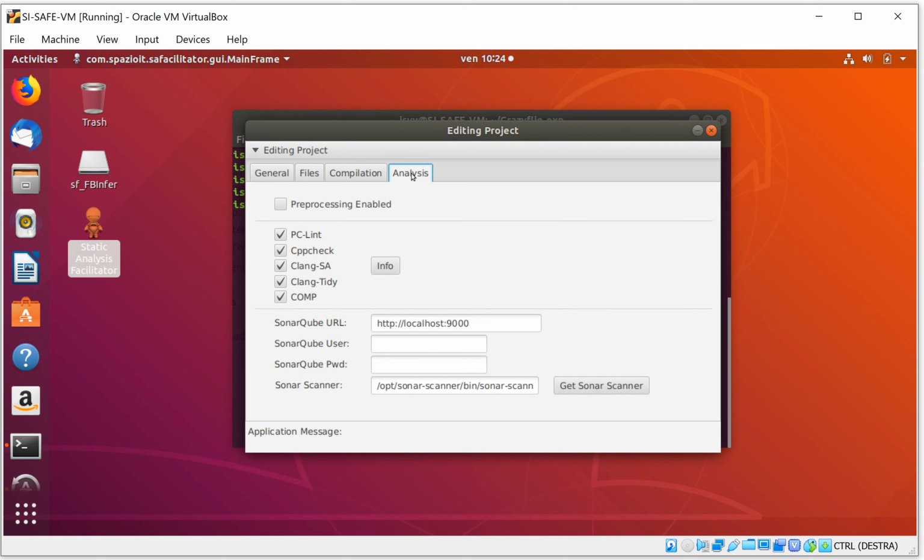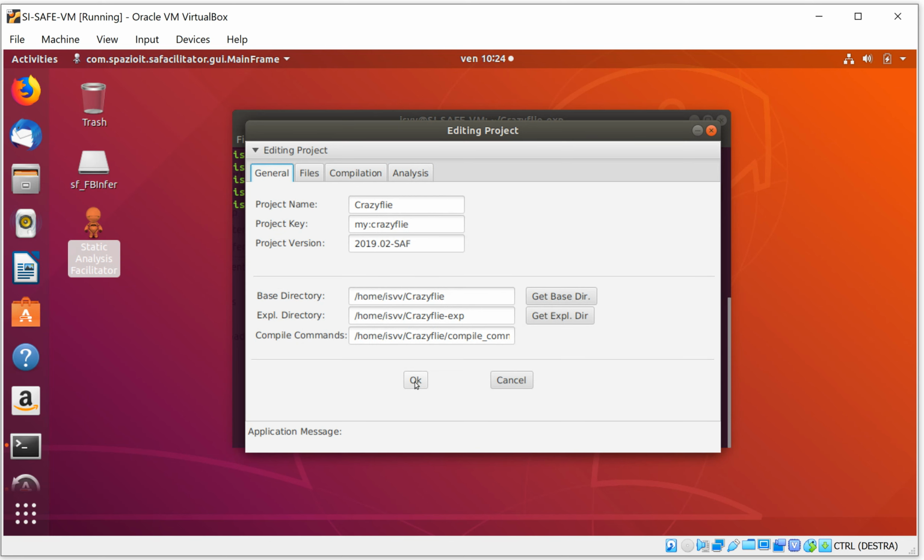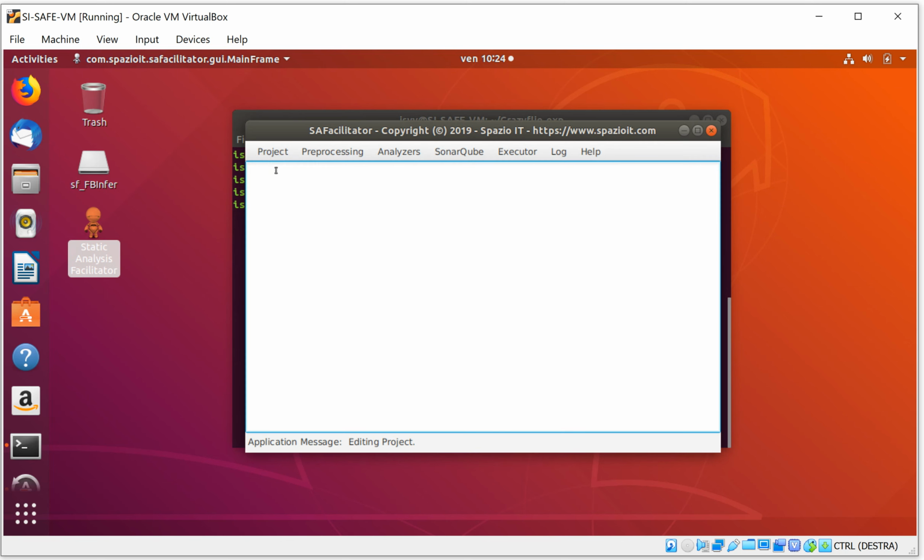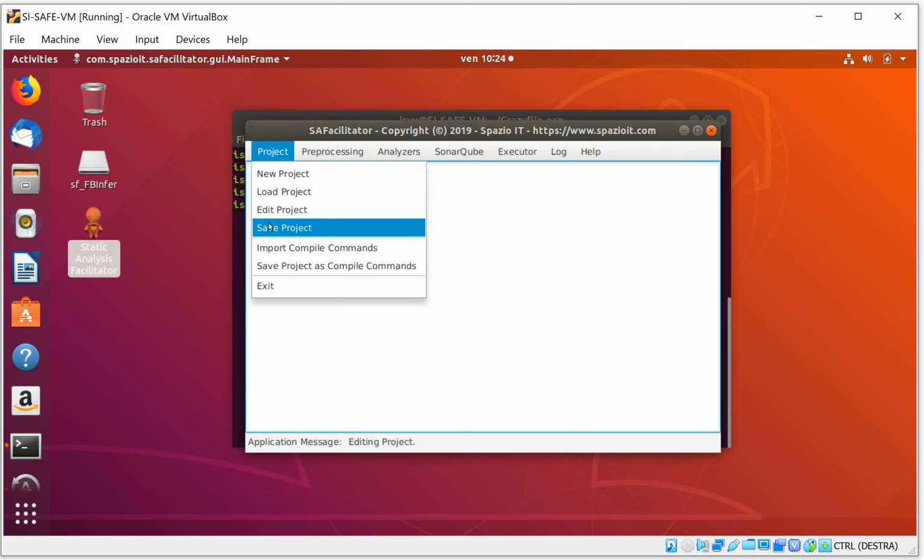We're going to see that we want to enable the pre-processing because we want to see what the pre-processing does to our files and things like that. So we select this option, okay, and of course we say okay, and we save it as a new project